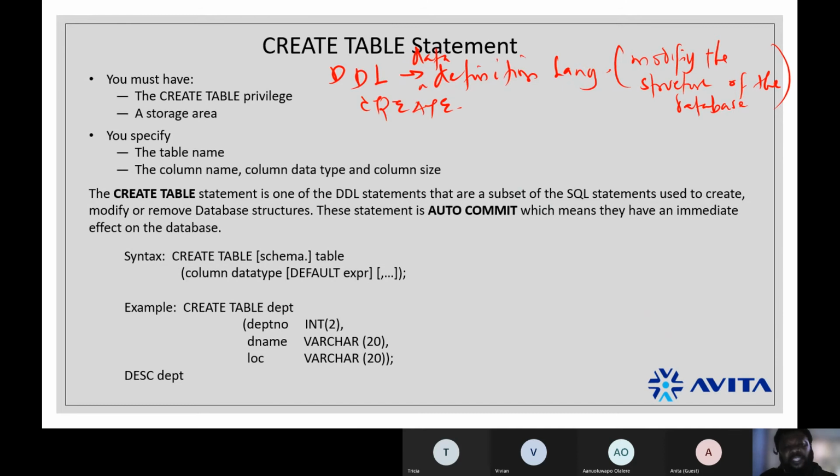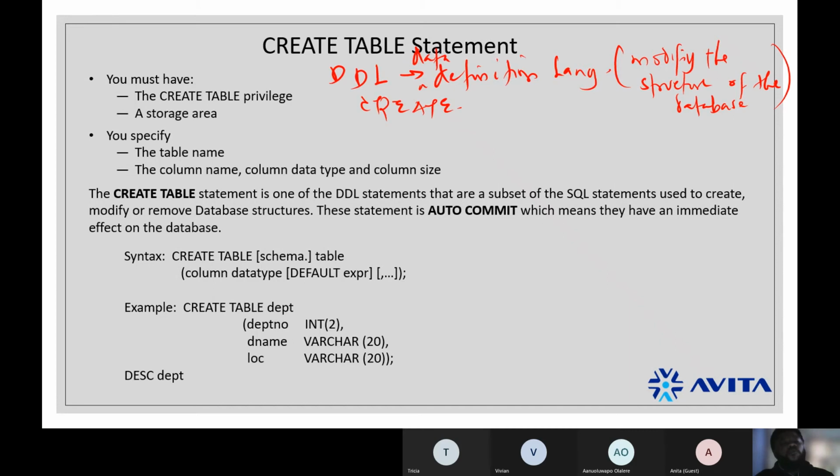Every user must have their own space or storage area, right? Especially when you work in organizations that use databases, they will give you a space for all your activity, and everything that you do is stored in that space. So you must have the create privilege, and you must have a storage area.